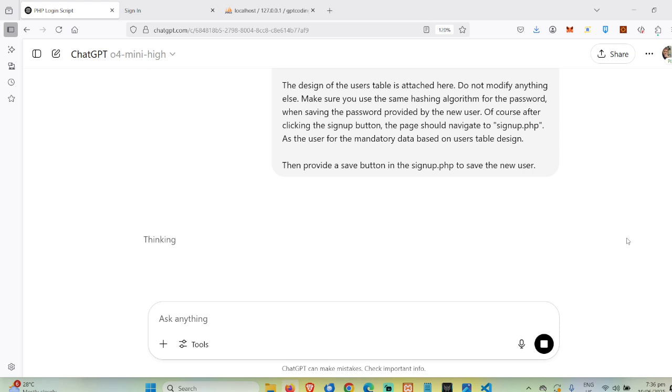I hope it is able to pick up the fields or columns in our users table just based on the image that we have uploaded. Okay, it's there.